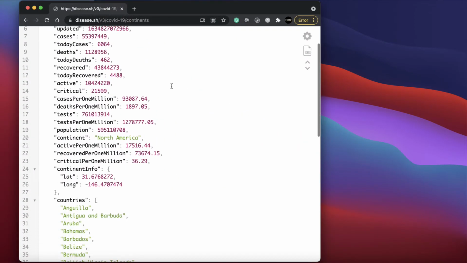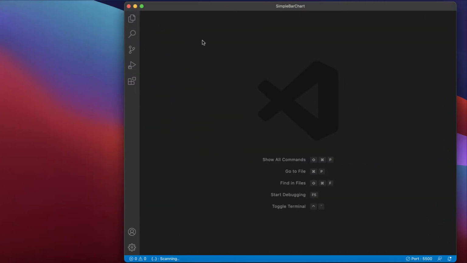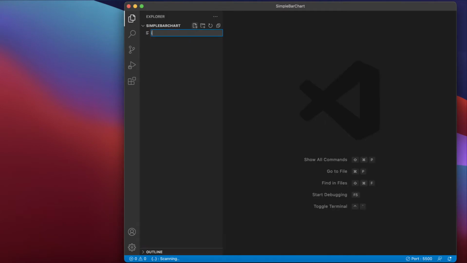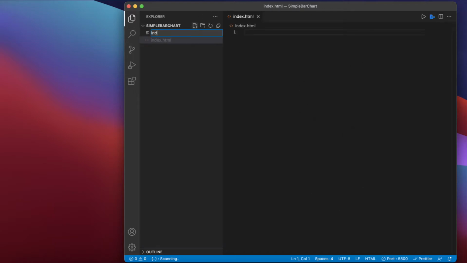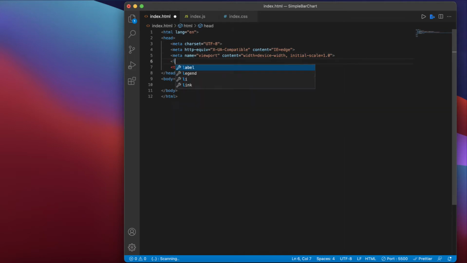So this is the API that we are going to use, and let us go to our Visual Studio Code and let us create the files index.html, index.js and index.css. Let us go to index.html and we write doc, and we have the HTML body, and then we write here the link which will connect our style sheet, and the name of the file is index.css,